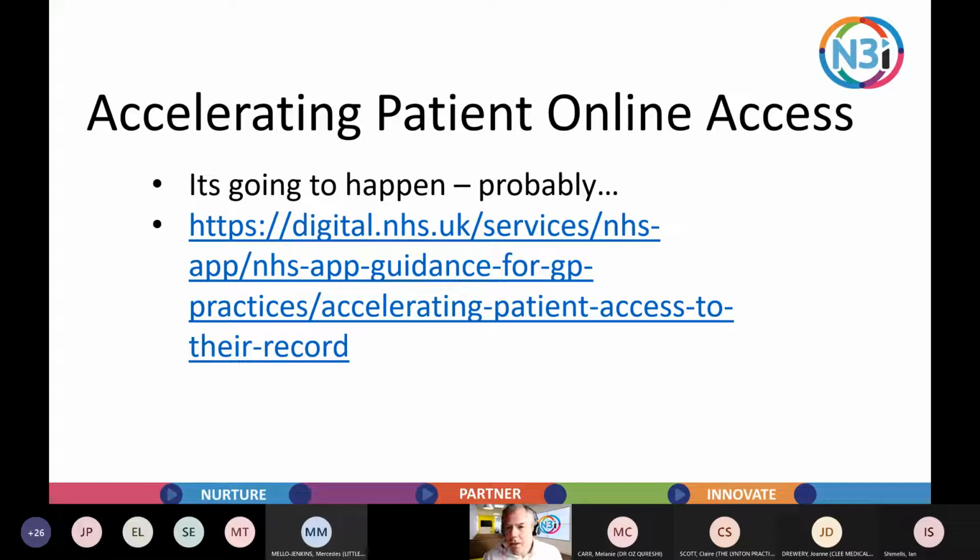Thanks. Okay, so accelerating patient online access. They've dropped the acceleration bit now. I know it's on the NHS Digital website. I think you've got enabling patient online access now. So it's going to happen probably